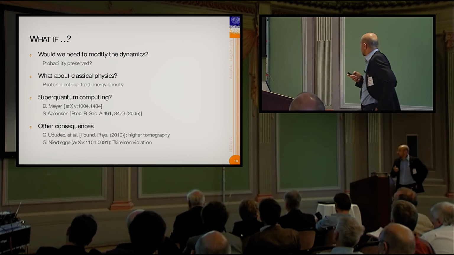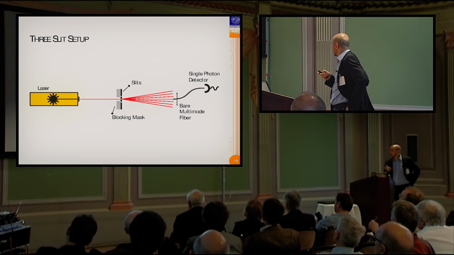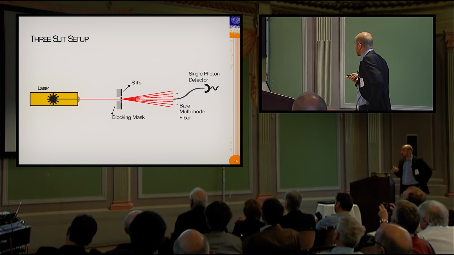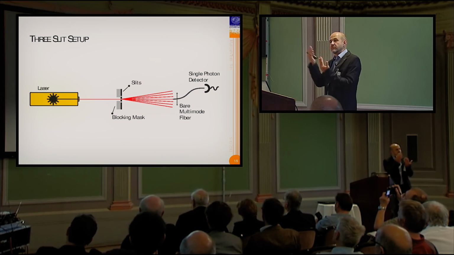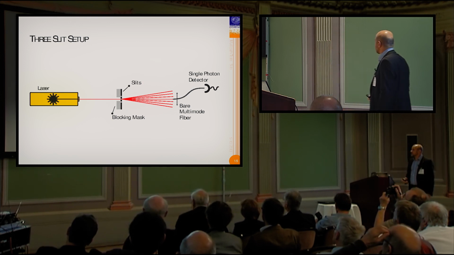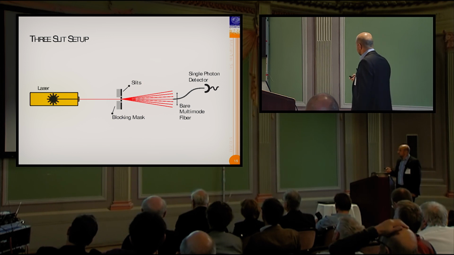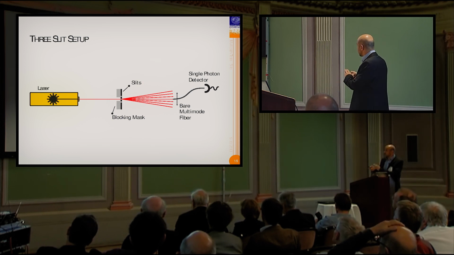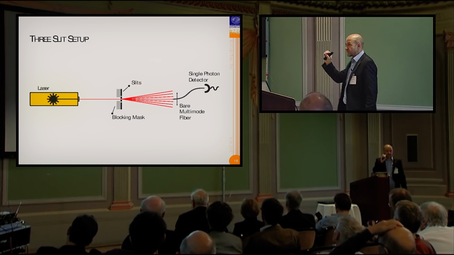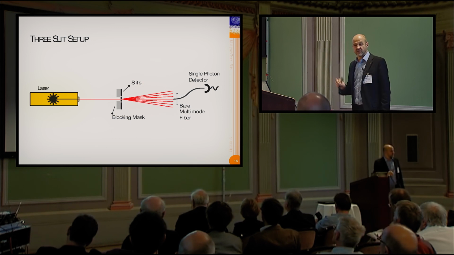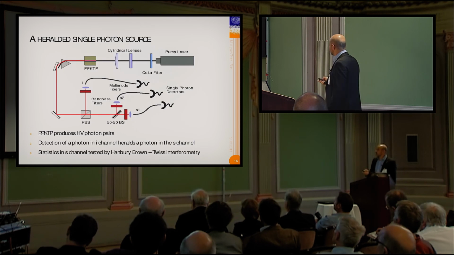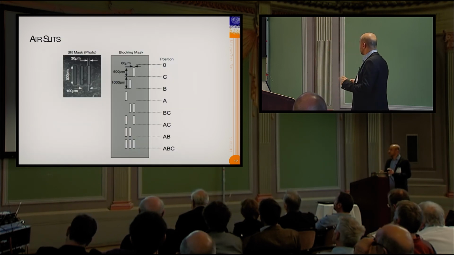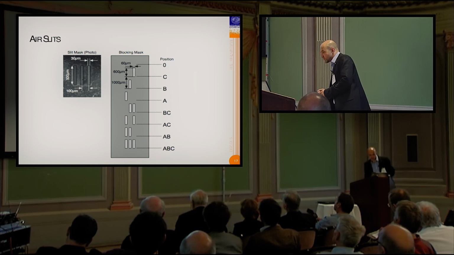Okay, so I'm an experimentalist, so I'll show you an experiment, and this is a very simple experiment. That's the old experiment we did in Canada. There's a laser, there are some slits, and there's some way of blocking and unblocking the slits, exactly as you would imagine. And then we get some diffraction pattern somewhere far down the line. We take a tiny fiber, and it picks up the photons at a particular spot, and we measure them with a single photon detector. We also do this with a single photon source. Let me just skip over that.